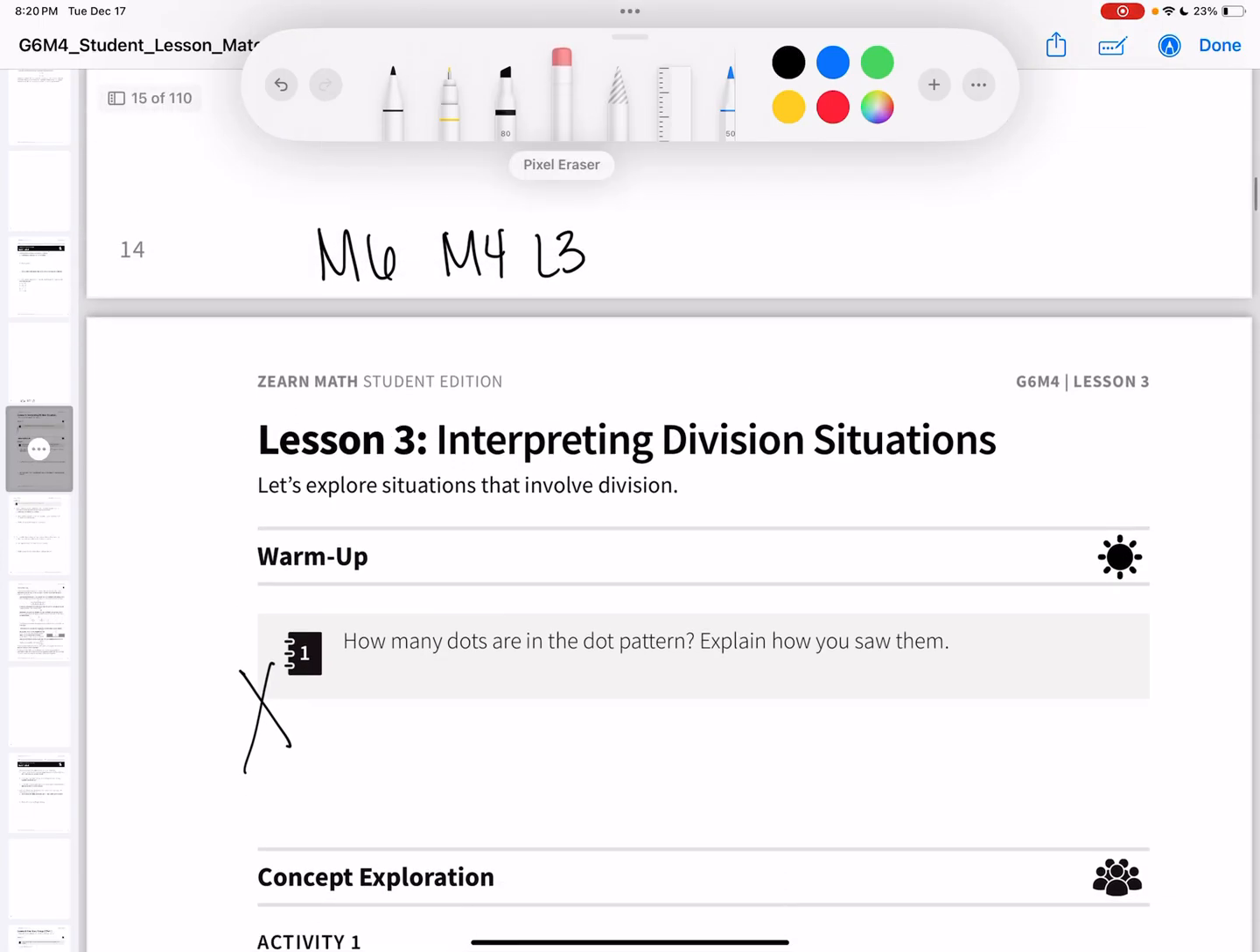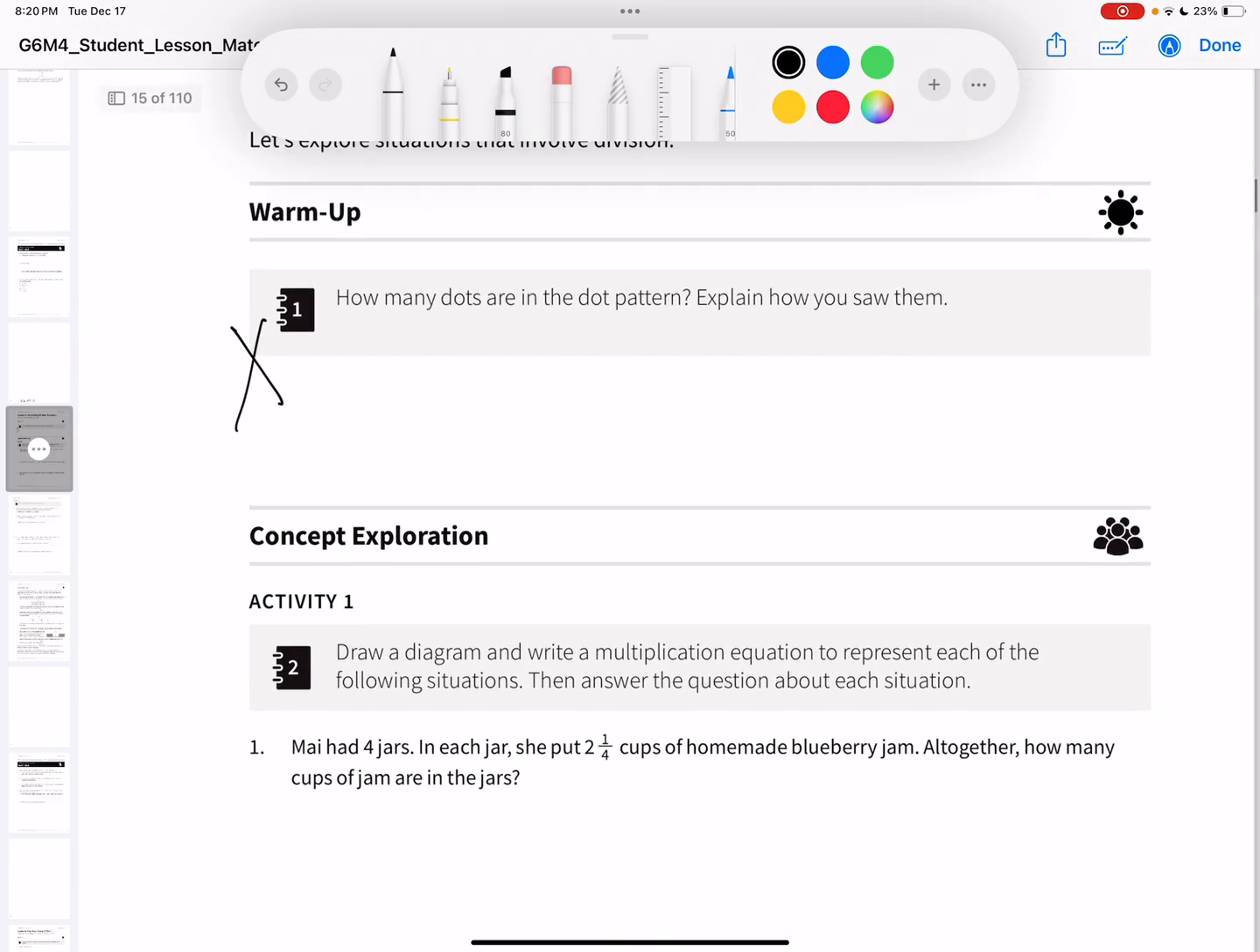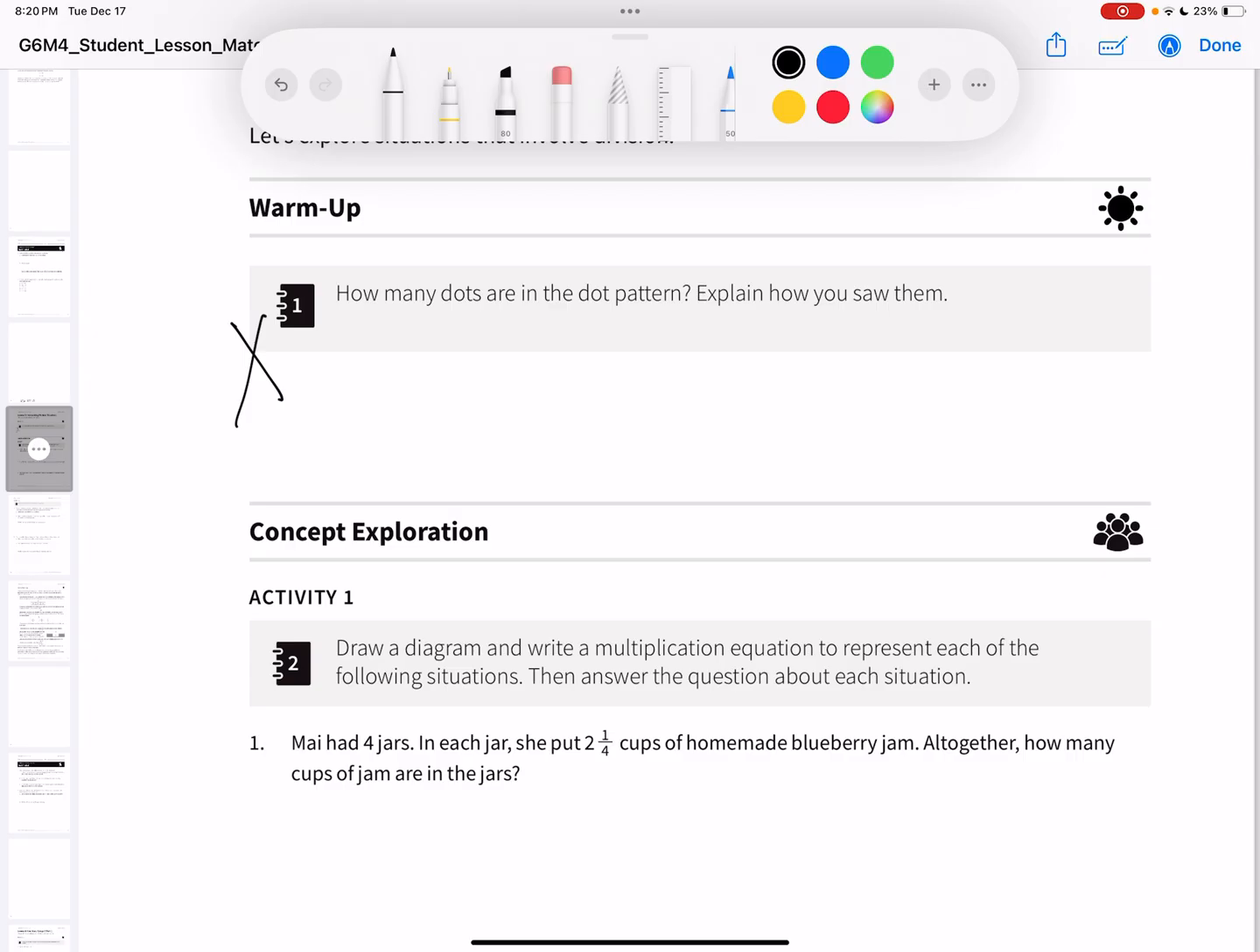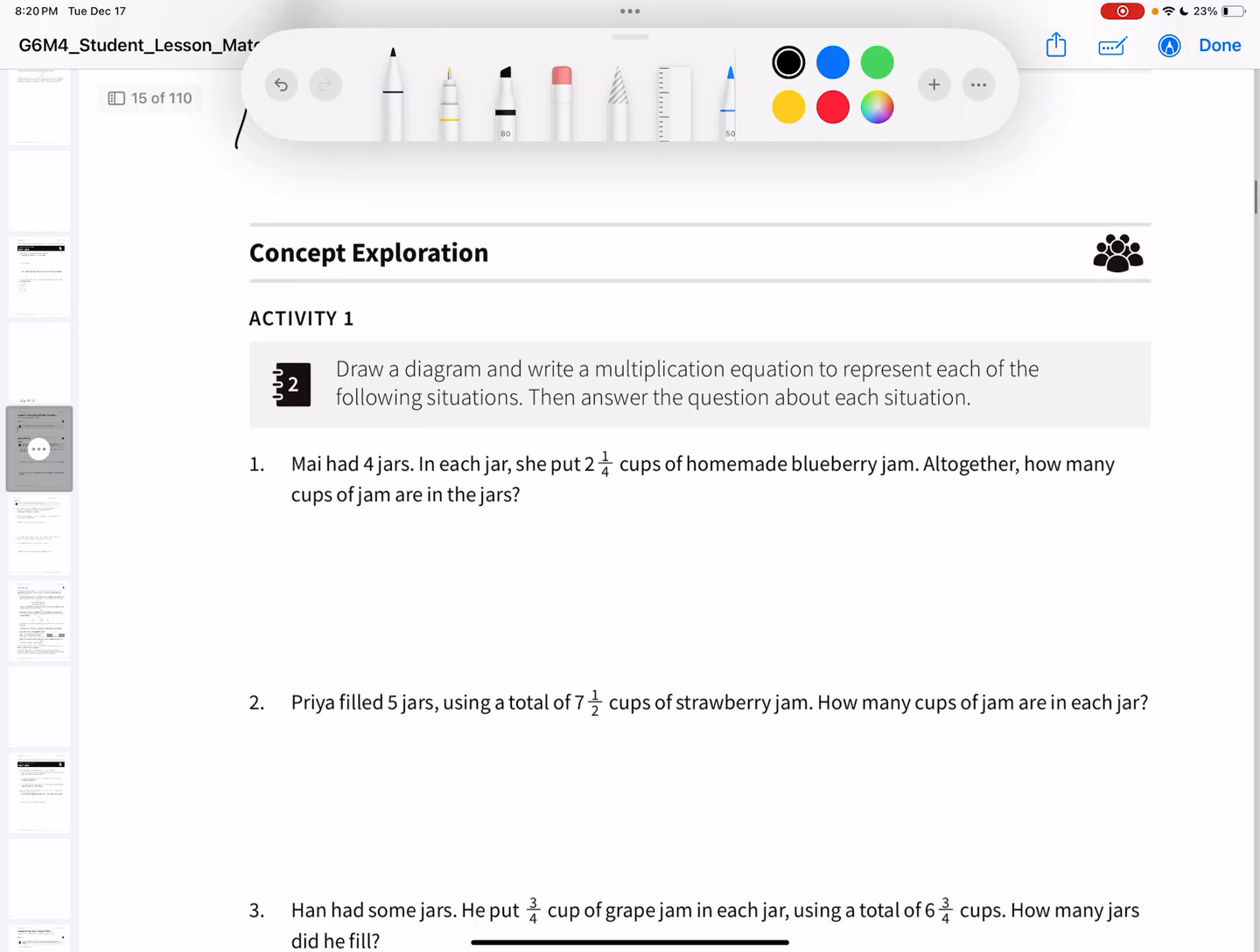Today we are doing Math 6, Mission 4, Lesson 3, Interpreting Division Situations. We are going to skip the warm-up. The warm-up asks me to flash dots on the screen for you so that you can visually count them. I'm not going to do that, so we're going to just skip over the warm-up and head straight into our